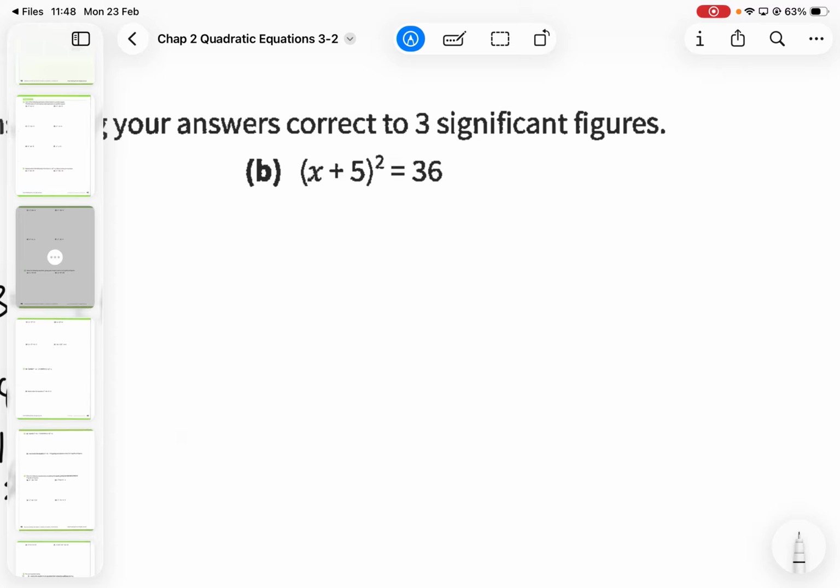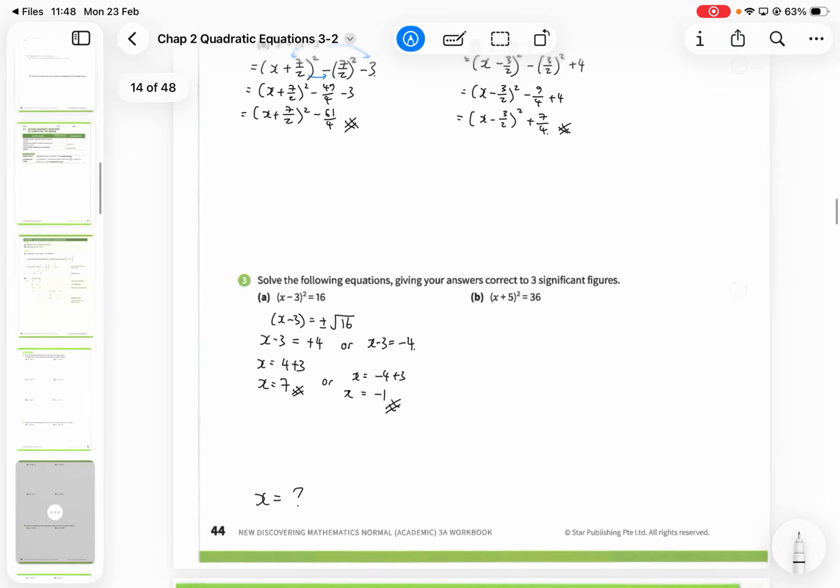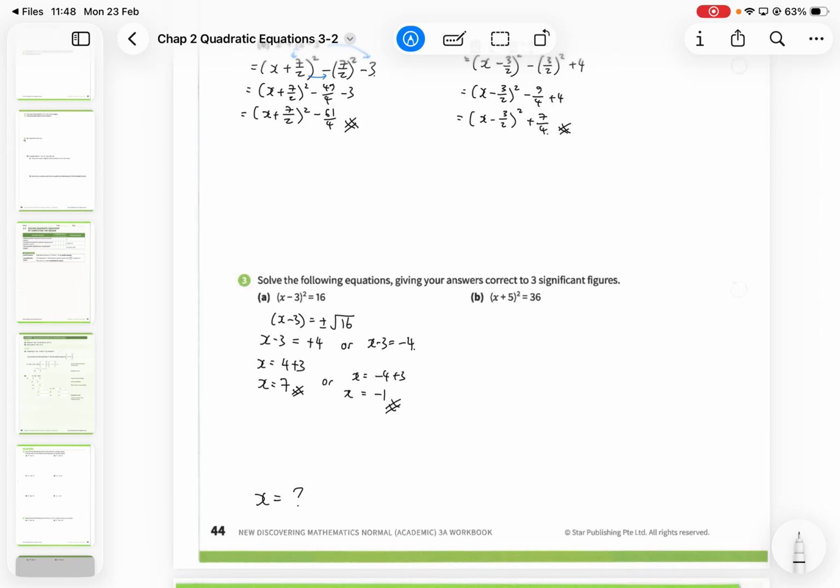You need go toilet. Okay lor, go. I thought you asking me the other question. Okay. Then